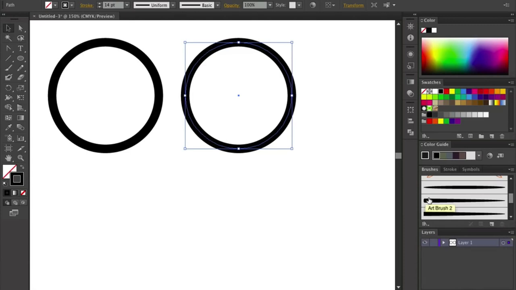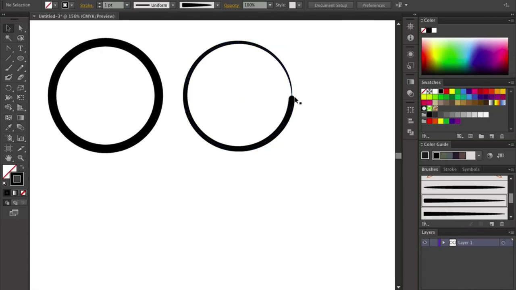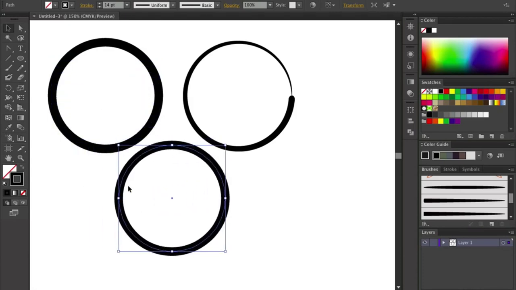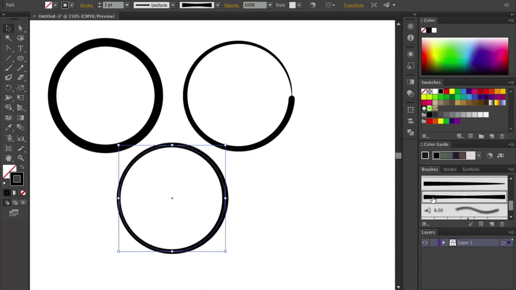Say for example this one here, Art Brush 2, where it went thick to just thin. If we create that, you'll see we've got this area here that, where it joins up, just goes back to thin. So what we need to do is use this new tapered brush. So I'm just going to copy and paste, bring this down. Now if I come down to this new brush here and select that, you'll see now we've got this nice shape here. So we've got a kind of thick end on this side and it kind of tapers out here, and we can of course